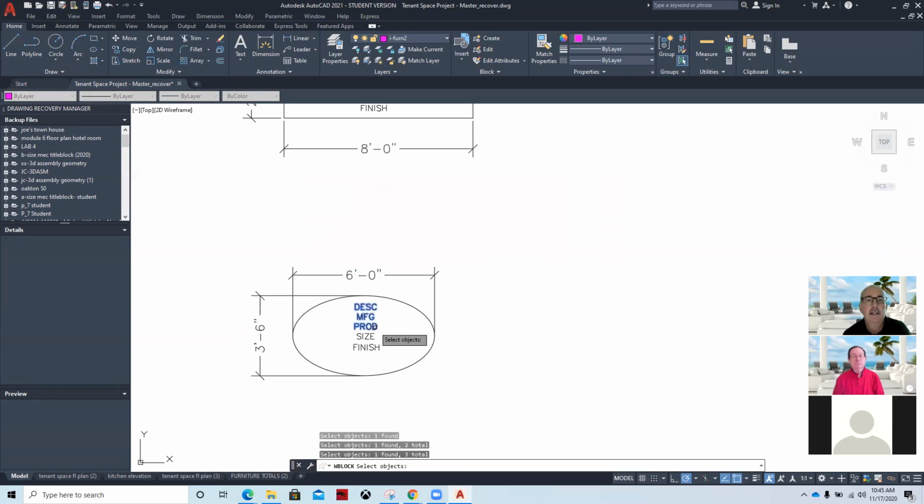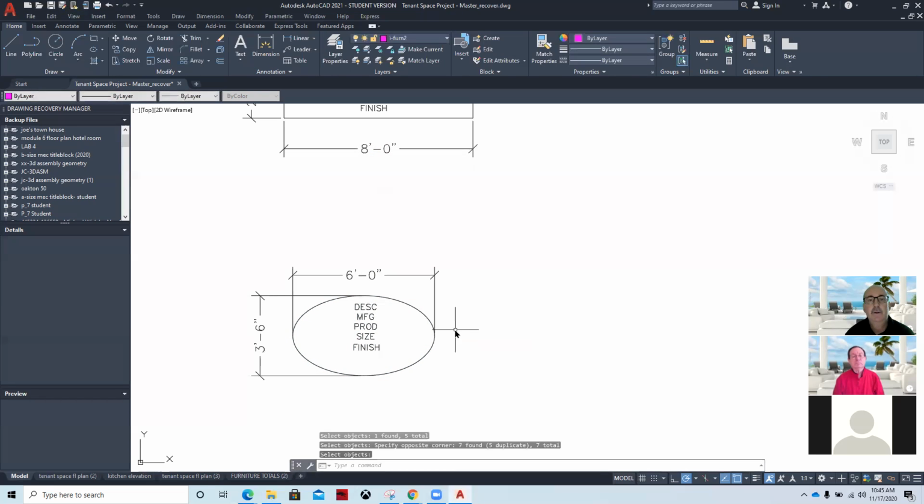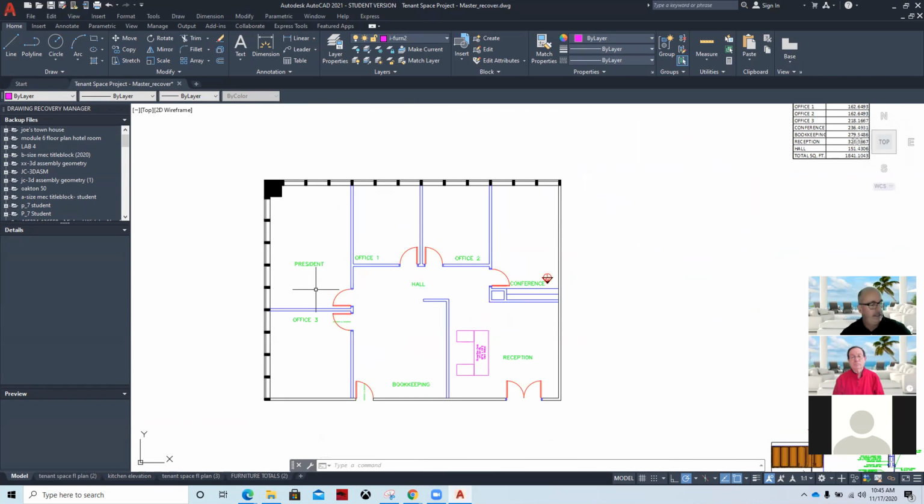Again, I like to select the attributes in the order I want to be prompted. If they've updated this, great. If not, we're just being on the safe side. So that's going to be that, and I'll say okay. And then if I want to go and insert that, we're not doing it in model space, but if I look at the floor plan itself,